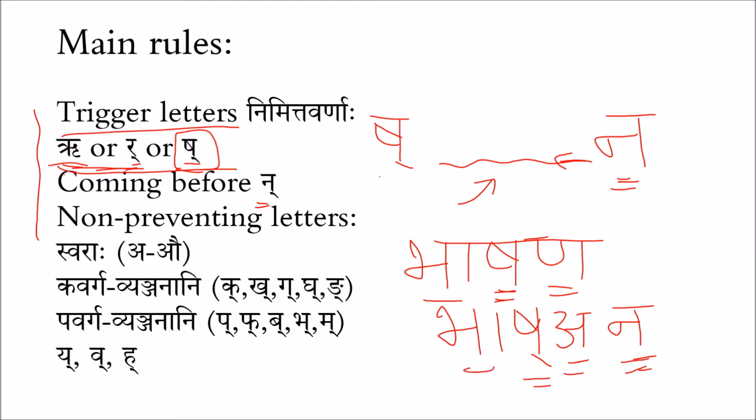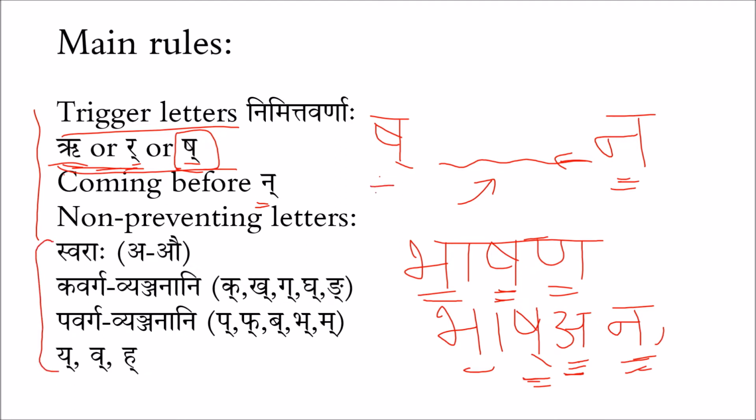There is a bha, and then the trigger letter sh is there, but the na is not immediately after this consonant sh, there is a vowel in between. So we have bhasha, bhasha, and this na will change to Ṇa because of the second rule, which says that